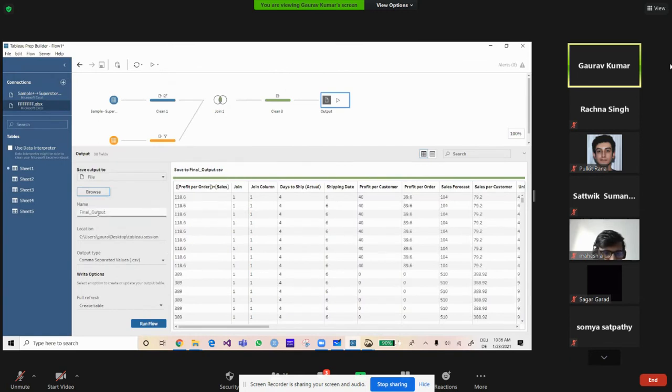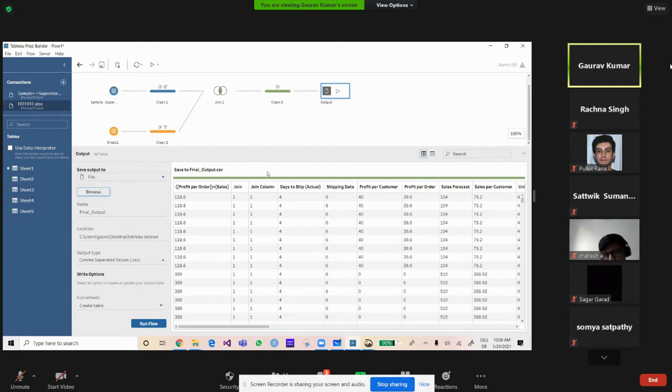Once you give that, it will show the file name, and then what you have to do is run this flow. Without running, it will not work. You can either click here to run the flow, or click here, run flow.